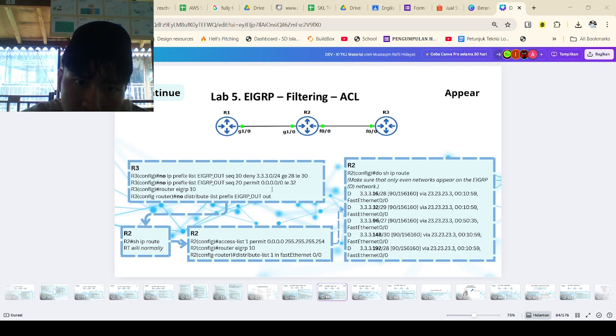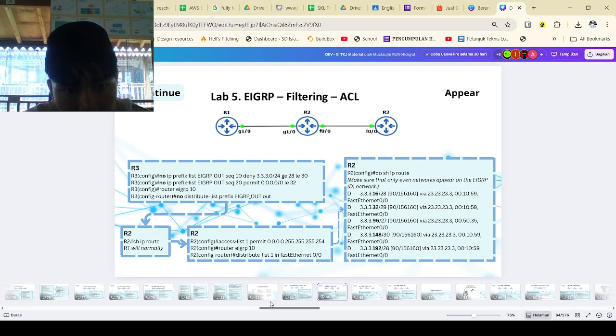So when R3 sends many 3.3.3.x routes, R2 keeps only those that match the access control list, and the routing table on R2 shows only those permitted entries.